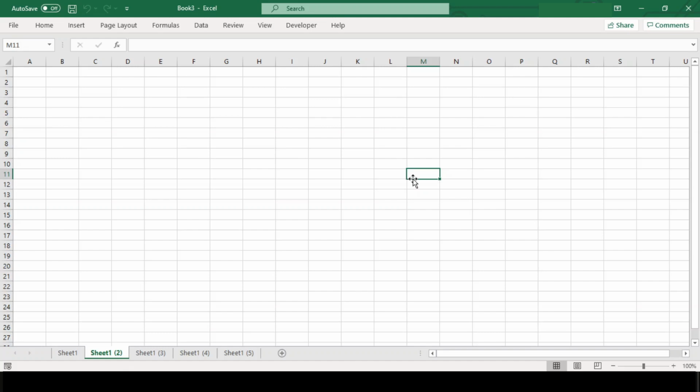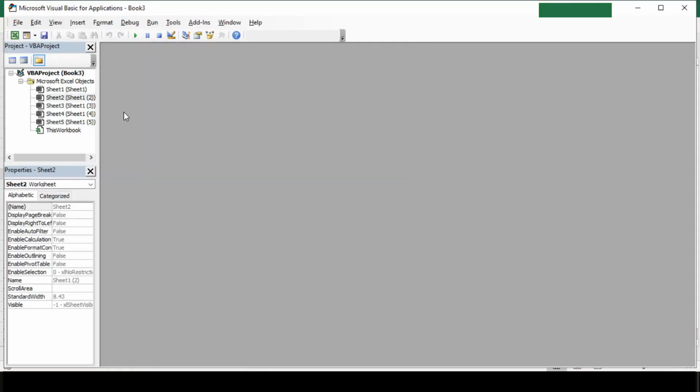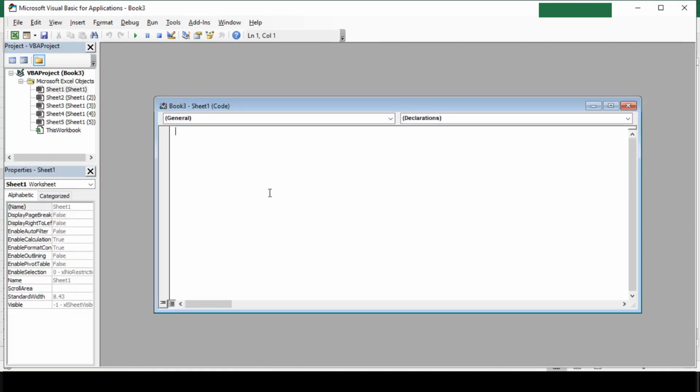So let's open our VBA editor by pressing Alt F11. In this window, we will need to write our code. So first, let me put a comment here which will help me in understanding why I have written this code. Apostrophe, this macro will hide all the worksheets except the active sheet. Now don't write the code along with me, just pay attention to what I am writing and I will provide this code in the description box below.